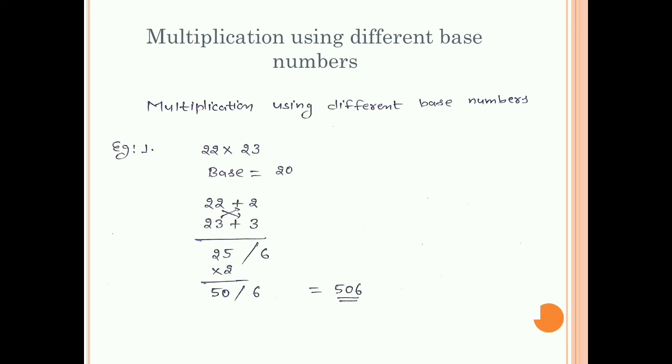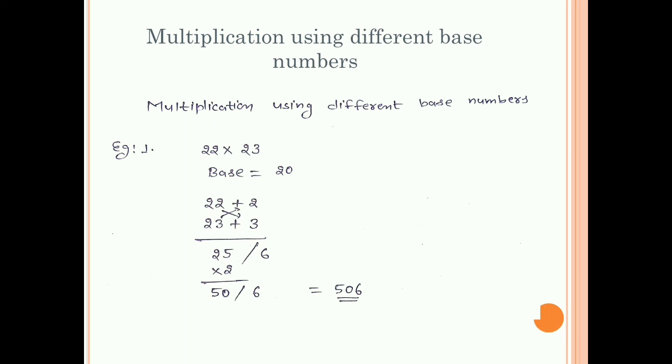In this technique also we will see whether the numbers are more than the base number or smaller than it. Since both are bigger than our base number, 22 is more by 2 and 23 is more by 3, so we write 22 plus 2 and 23 plus 3. Similarly, we multiply 2 and 3 and get 6, and 22 plus 3, or 23 plus 2, gives 25. Since our base is 20, whereas in the previous problems we were using base 10 or 100,